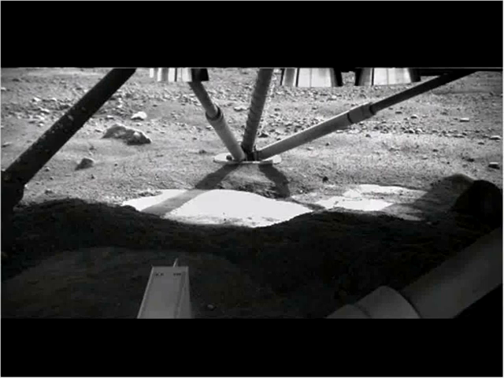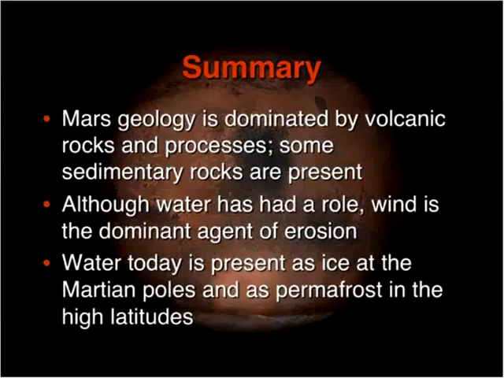So the white, very bright features in the middle of this scene are actual ground ice that we could see from orbit with this neutron spectrometer. Sure enough, it is just below the surface, just underneath this Phoenix lander. And it was really a remarkable discovery, and it really shows that these high latitudes of Mars have ground ice just below the surface. We call it permafrost, like in the Canadian Arctic. And so my last slide is a summary.